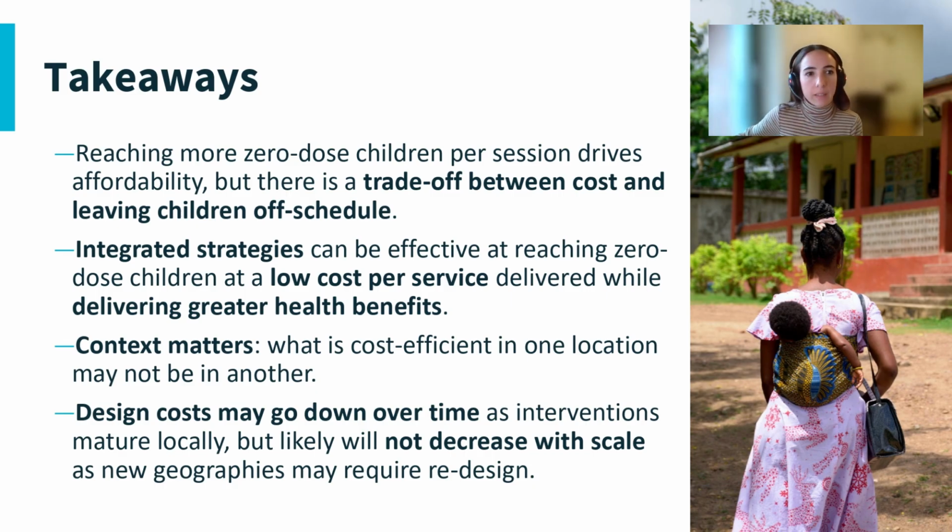As we've seen then, findings show a great deal of variability in costs, and a lot of that depends on the context. The same intervention can be inexpensive and effective in one location, but also quite costly and not so impactful in another. This is especially true in urban settings where barriers are often more complex. There is no universally effective or universally cost-efficient zero-dose intervention. Strategies always need to be matched to the local drivers of zero-dose prevalence.